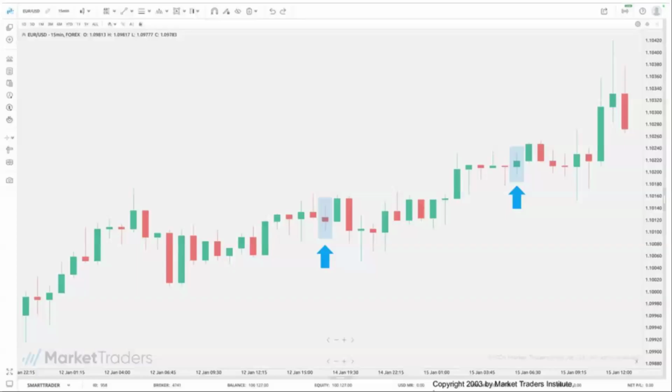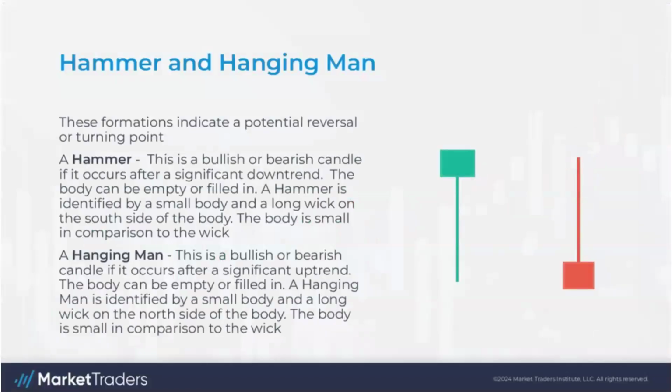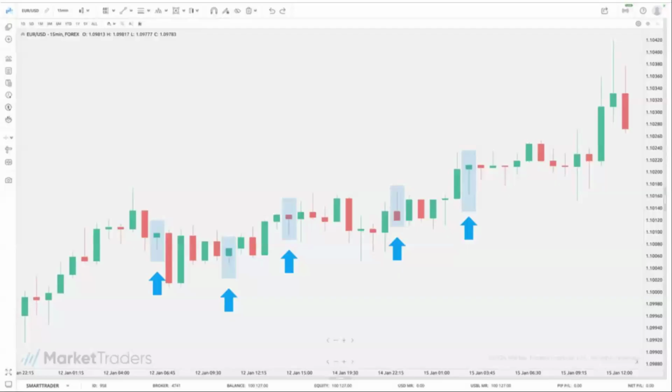Then the spinning top, which doesn't move the market anywhere. Then the hammer, inverted hammer or hanging man. Hammer is a bullish candlestick, while hanging man is a bearish candlestick. So both of them are opposites. So anywhere you see a hammer, in as much as it's coming from a previous